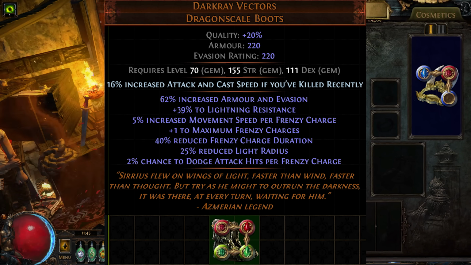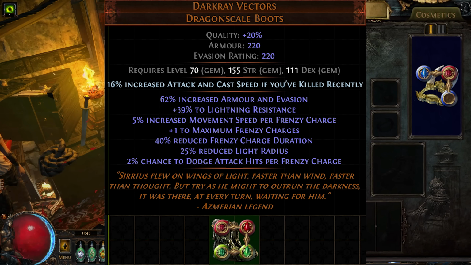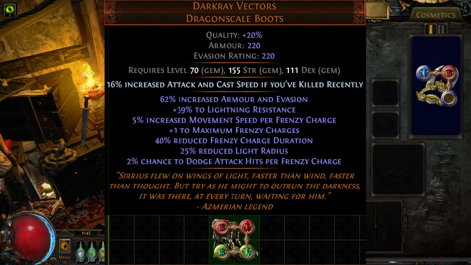Due to how cheap they are and their wide availability, there are a lot of good corruptions available as well on these. You can get increased maximum life, increased movement speed, chance to dodge attack hits, even just level to socketed gems. The boots are just unbelievably versatile. You can either get them super cheap, you can get a variety of corruptions, you can get an uncorrupted lab